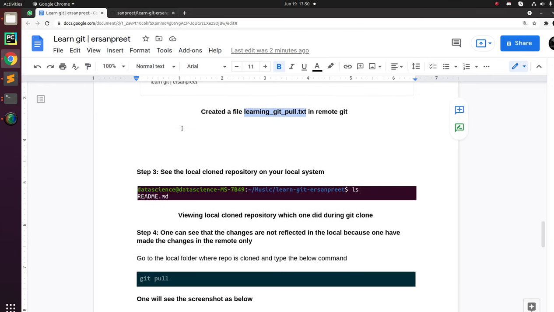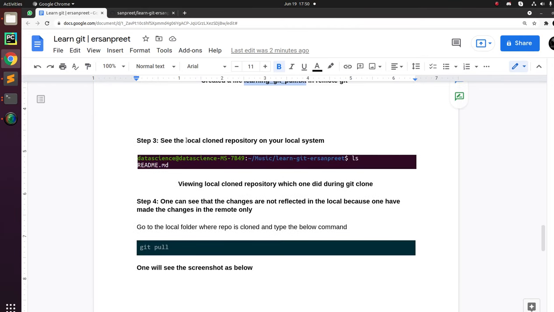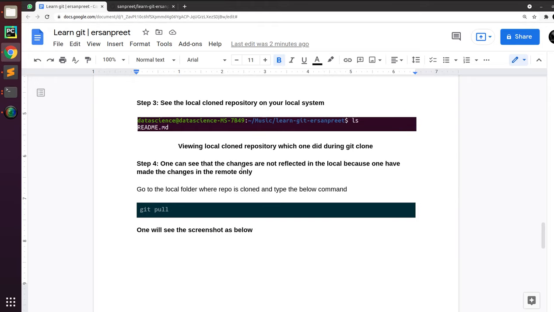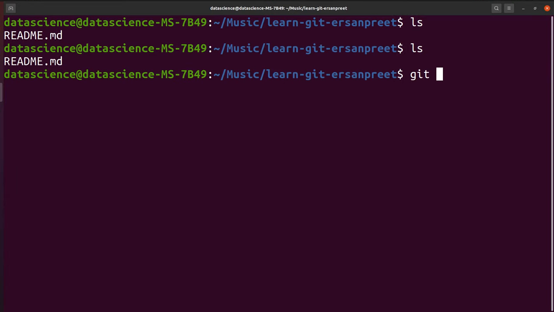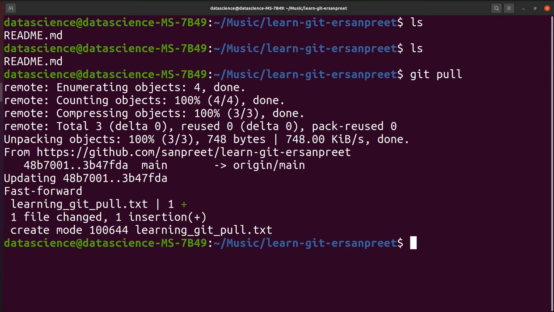So first of all, we created a file, and when we look at our system, we see that the changes are not reflected because these changes have been made only in the remote. But now I apply a command called git pull. Once I applied it, it says that from the remote URL, that is from main, because by default when you create a repository, the main branch is active, which was earlier known as the master branch.